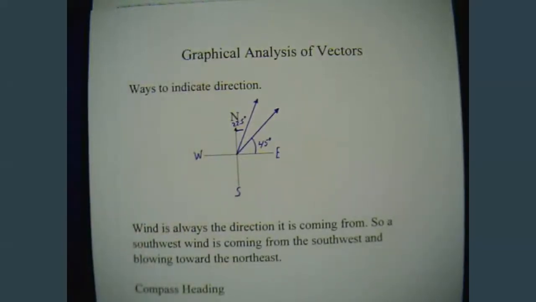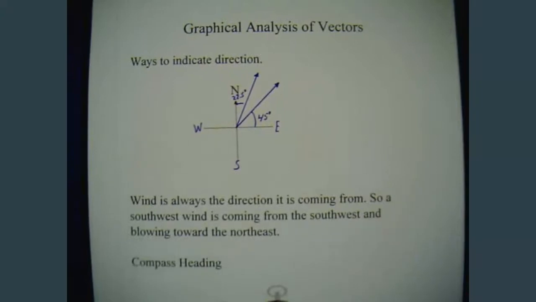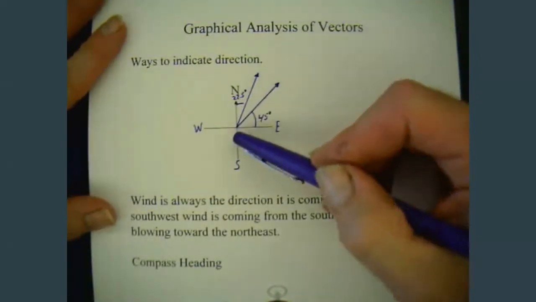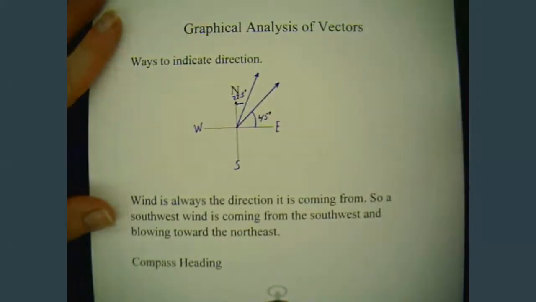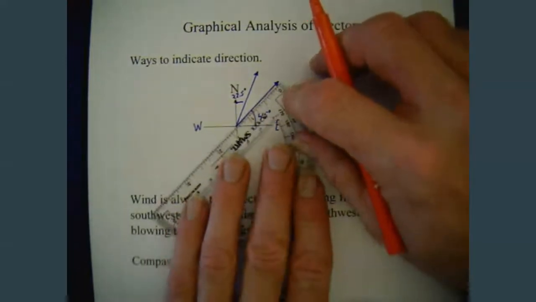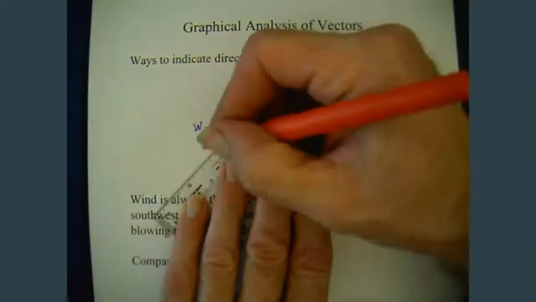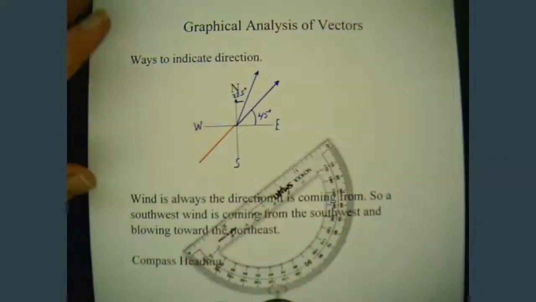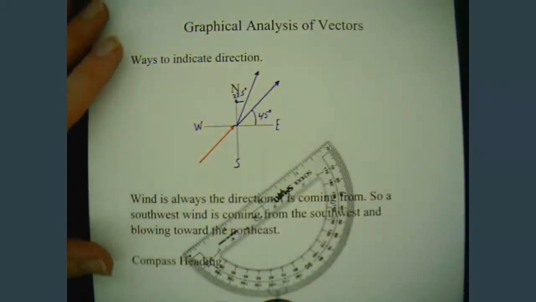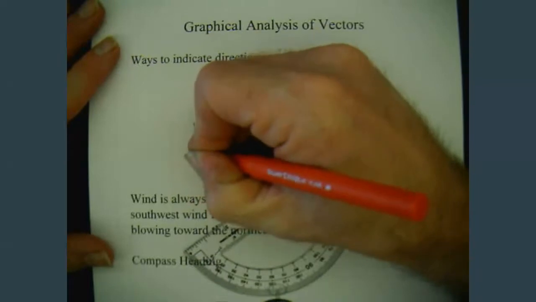Now, when you talk about the wind, it is always the direction that it's coming from. So a southwest wind means it's coming from the southwest, blowing to the northeast. So this would not be a northeast wind. This would be a southwest wind or a south-southwest wind, because that is the direction that it is coming from. If I simply bring this vector down a little bit, because that's one of the cool things about vectors, you can transpose a vector anywhere in space. That's what happens when you're using a marker instead of a nice sharp pencil. This would be a southwest wind,